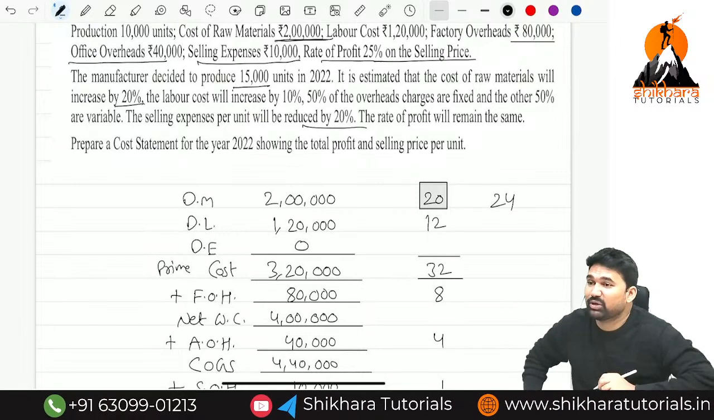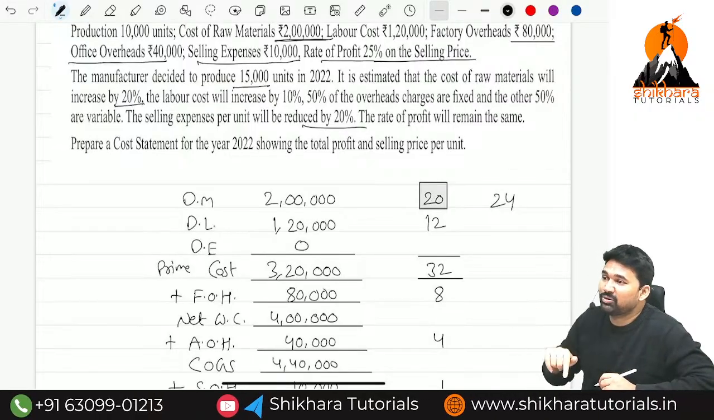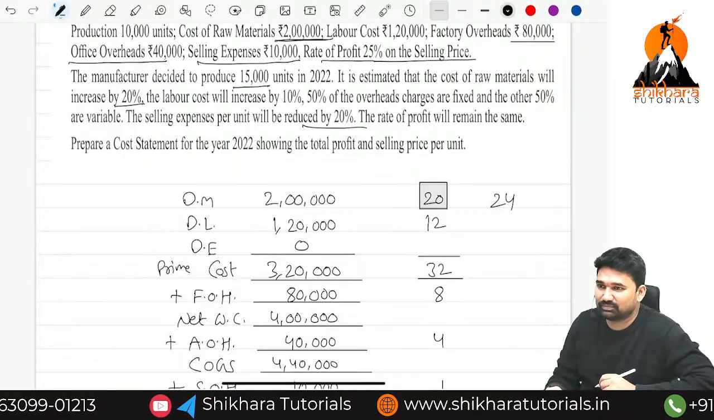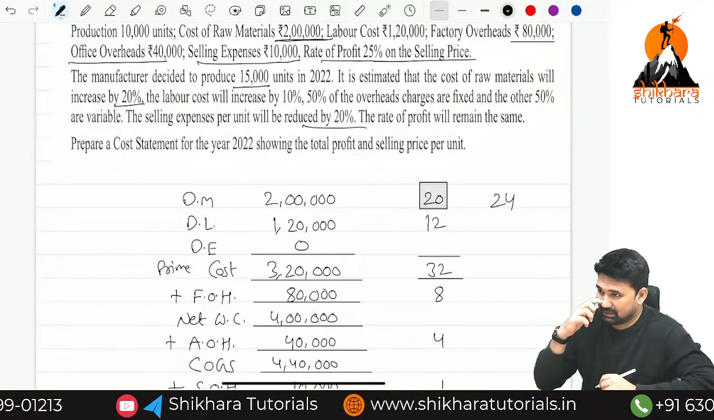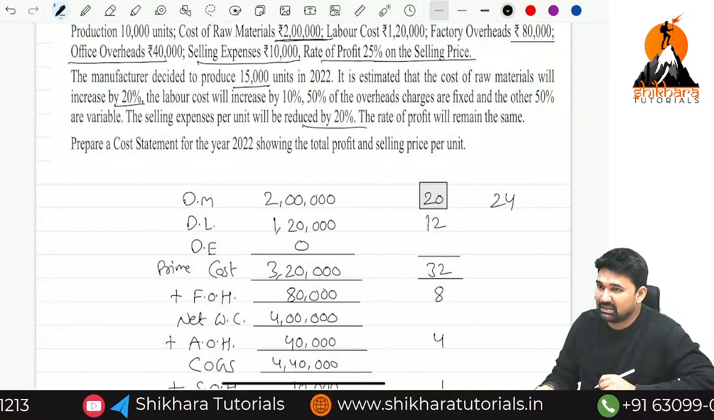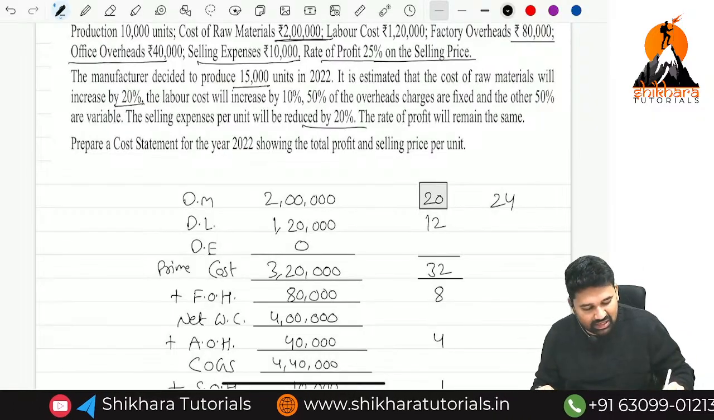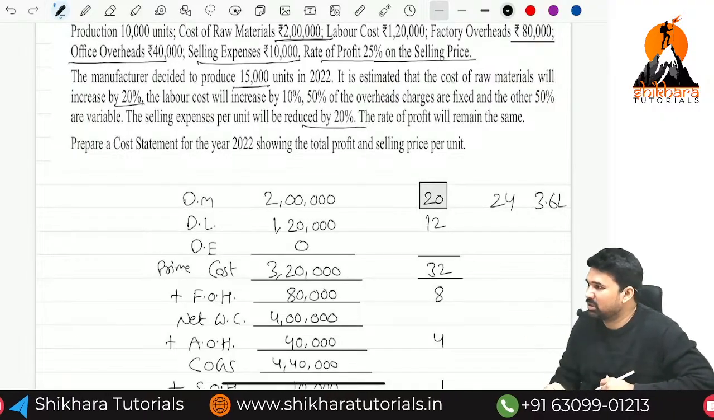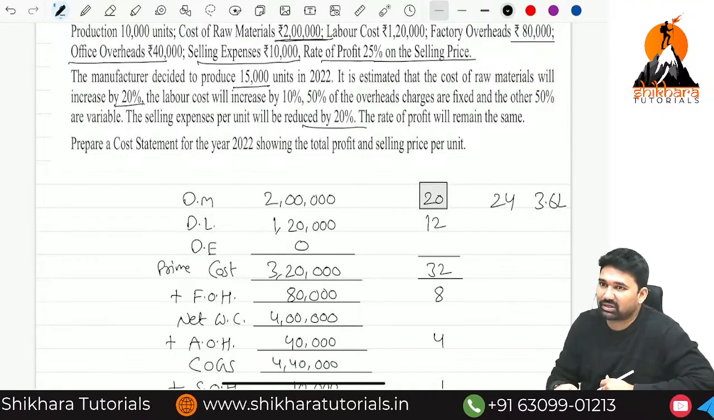24 rupees per unit. He is going to produce how many units? 15,000. So 15,000 into 24, how much? 3 lakh 60,000. So the ultimate cost is 3.6 lakhs. In this way, you have to solve the problem. This is your homework. And next,